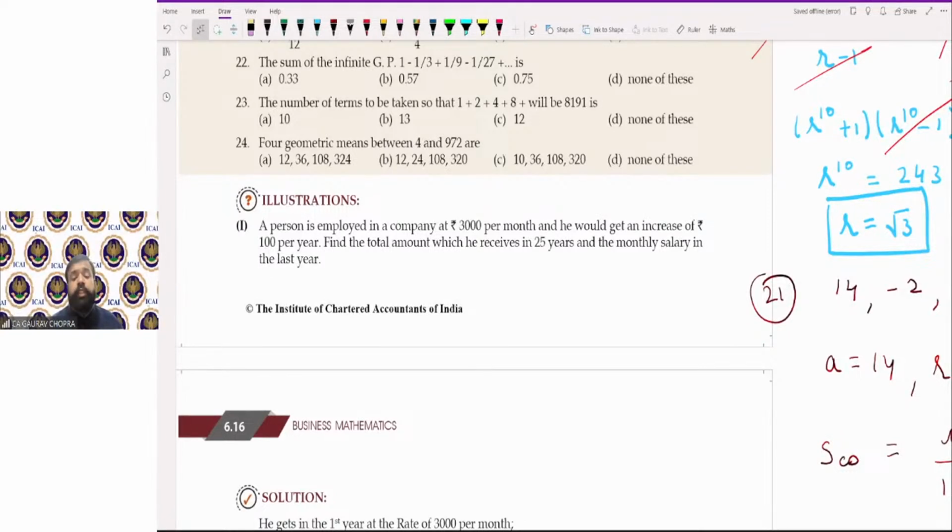See, there is one thing that ratio should be common. तो ऑप्शन में आप सीधा जज कर सकते हैं किस में रेशियो कॉमन है। In option number A, you can see that it is 3, common ratio is 3, whereas in option number B there is no common ratio, option number C में भी there is no common ratio, that means option number A के सही होने के चांसेस ज्यादा है। Now you can connect with 4 and 972, तो 4, 12, 36, 108, 324 and 972, तो बाकी सारी प्लेसेस पे आपने चेक कर रखा है there is a common ratio of 3। Now 4 and 12 this is also 3 and 324 and 972 here also the common ratio is 3, so therefore option number A is the perfect answer।